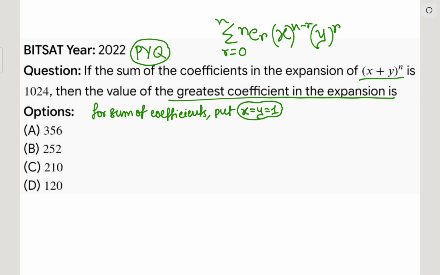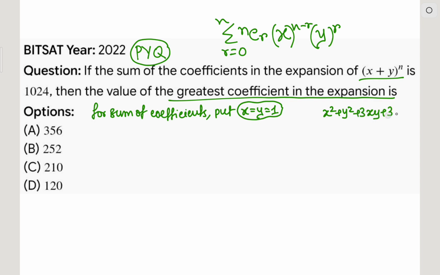Because when we put x equal to 1 and y equal to 1, then the expression becomes the sum of the coefficients. Like for example, if I have x square plus y square plus 3